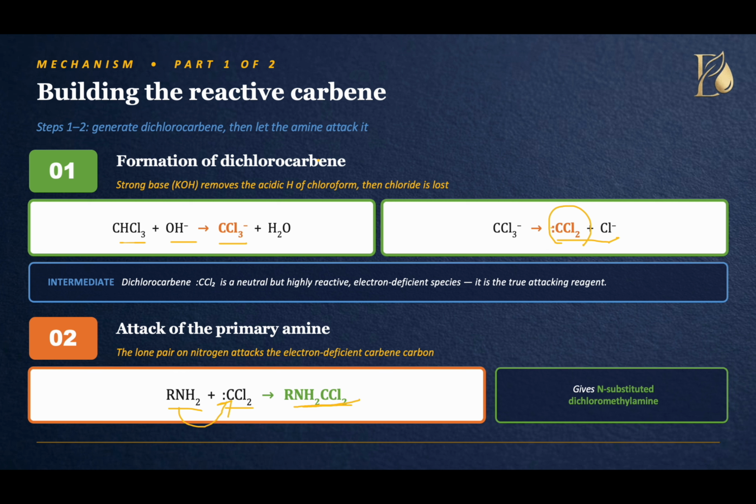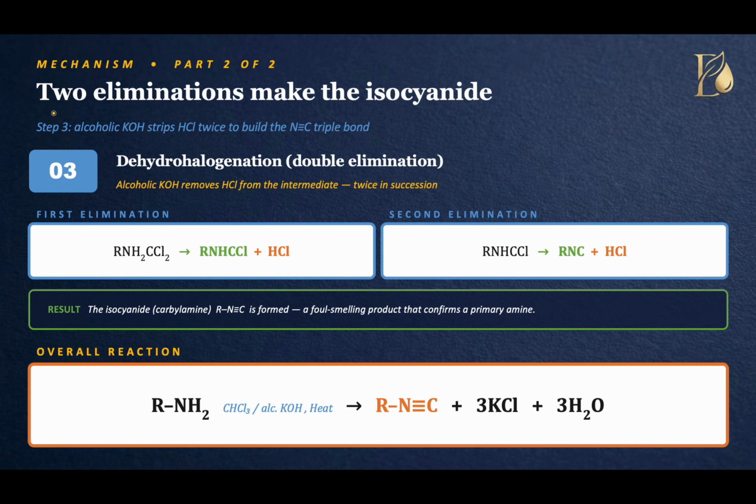So the first step is the formation of dichlorocarbene, then formation of N-substituted dichloromethylamine due to attack of the primary amines with dichlorocarbene. Now the third step is elimination reactions to make the isocyanide. There are 2 elimination reactions to form the isocyanide, that is known as double elimination, that is